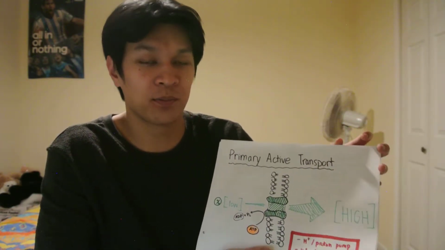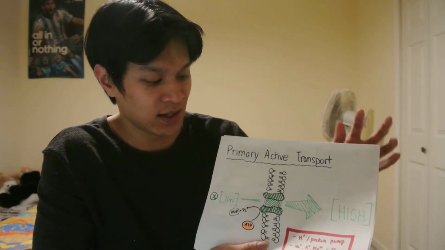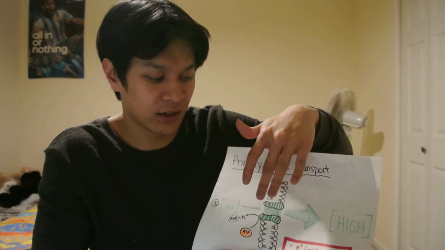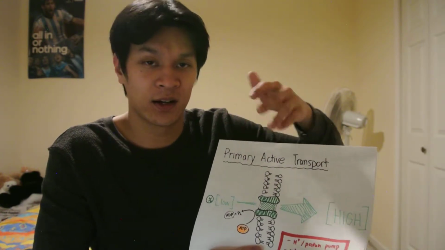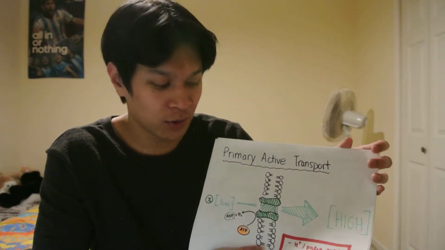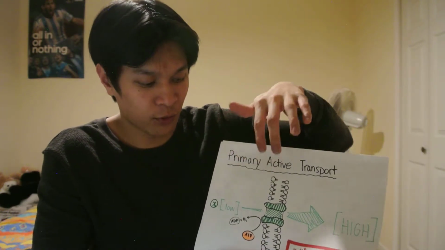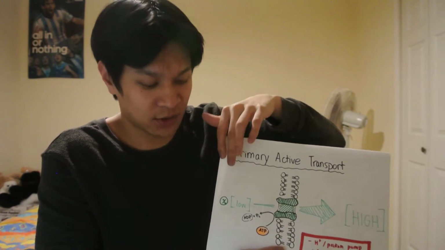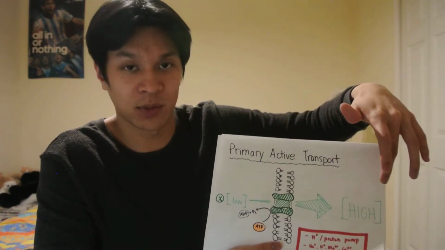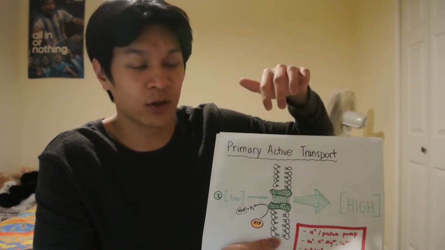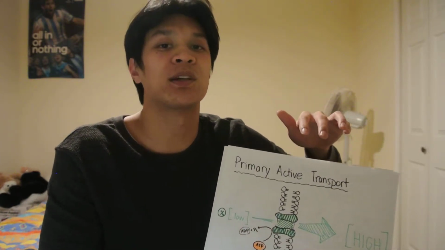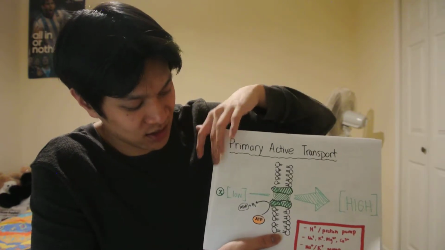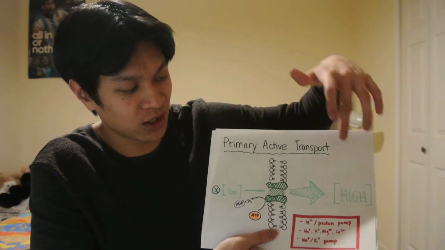Primary active transport is the simpler of the two, and basically you have some kind of protein or membrane transporter that allows for, in this case, solute or substance X to move across the membrane. But notice, as opposed to our passive transport cases, that in this case, X is trying to move from low to high concentration,